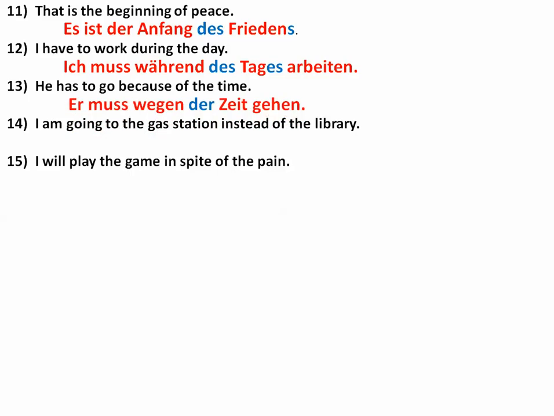One other thing when you're using muss, as I've pointed out before, is that it is a modal verb, which is a class of verbs in German that will always push the secondary verb in the sentence, in number 12 that's arbeiten, and number 13 gehen, to the end of the sentence in its infinitive form. If it's a separable prefix verb like anziehen or aussehen, it will come back together. So for example, ich muss meine Jacke anziehen, it'll all be back together.